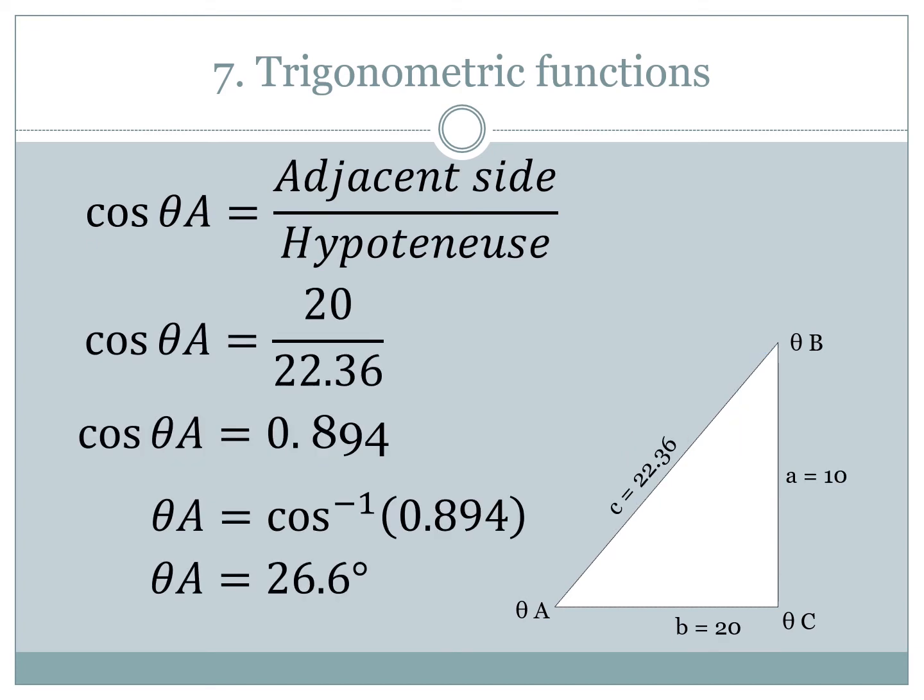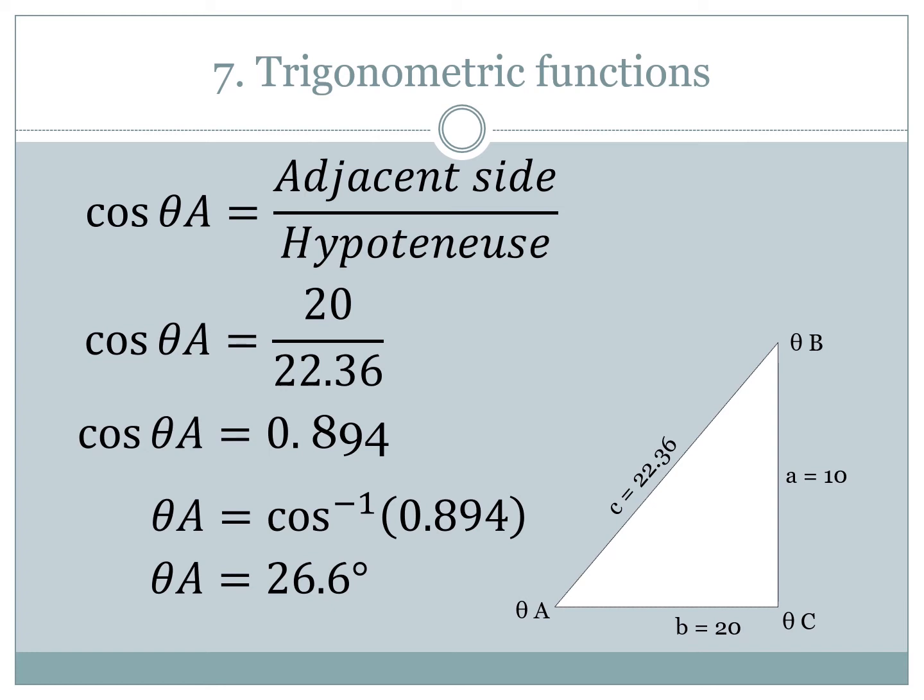To do an example, we have the same triangle we had before. We can figure out what the cosine of side A is. Cosine is the adjacent side, which is side B, divided by the hypotenuse. So we have 20 divided by 22.36, which will again give me a decimal point number. So the cosine of angle A equals